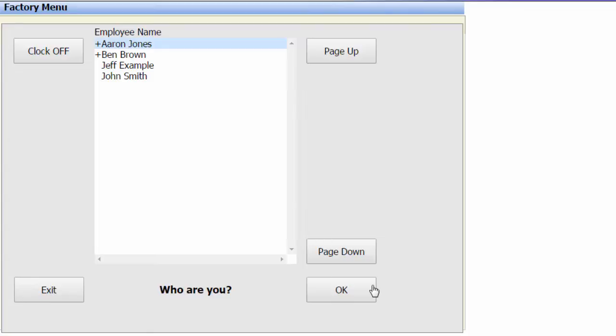Finally, once the employee is finished working for the day, they select their name from the employee list and select the Clock Off button to record their finish time. An employee must be inactive to clock off. If they are currently active, they will need to update their job status or leave the team if they are